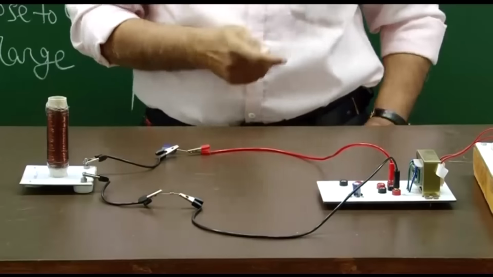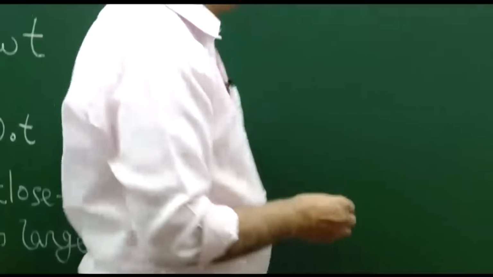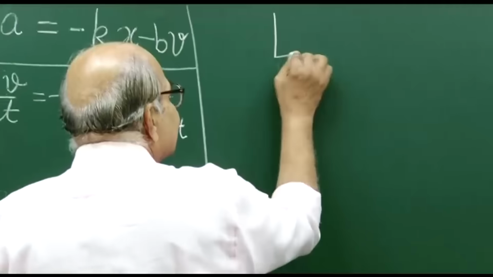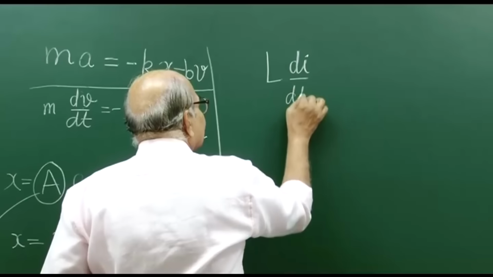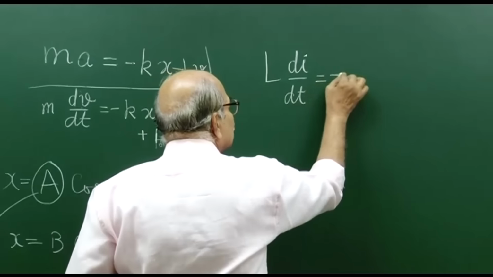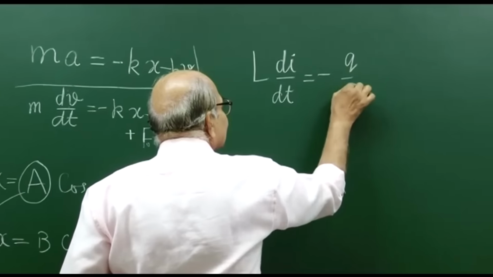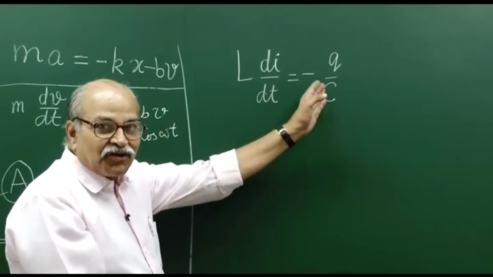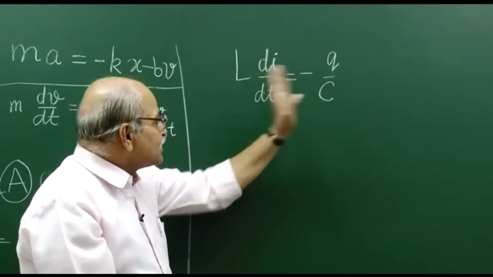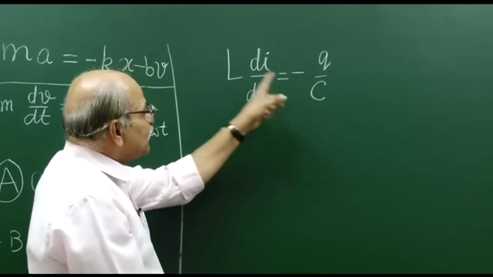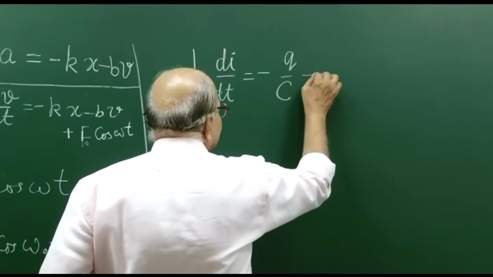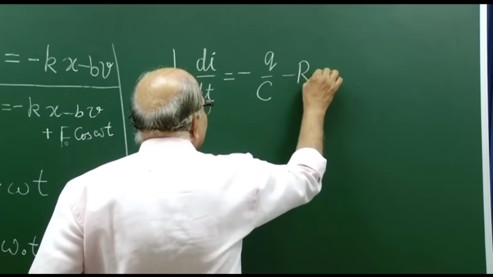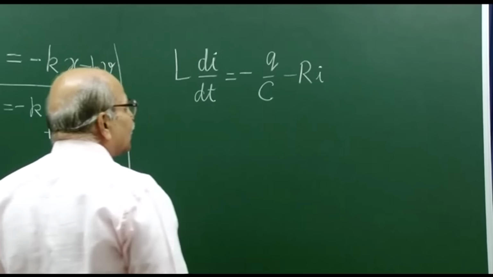What will be the equation? The equation will be L di/dt equals minus q by C. This is the basic oscillation system. The natural frequency is decided by L and C, and then you have this damping or dissipative term,